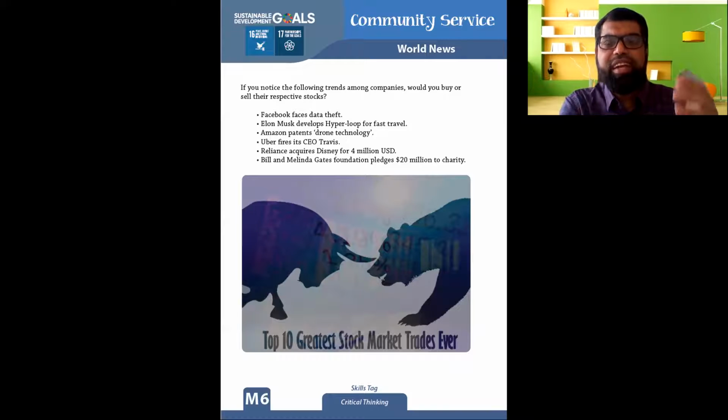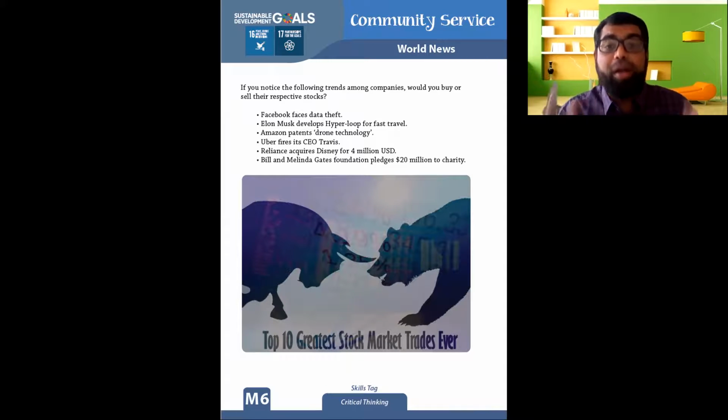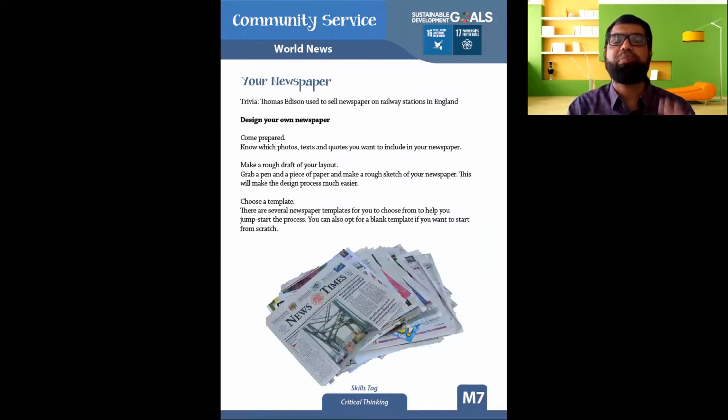So this is it. When Elon Musk tweets, the stock markets go up and down. What happens? Or Uber had a problem with the CEO. When he was fired, the Uber stock went down. Or when Reliance acquired Disney for $4 million, the entire stock of the organization went up. What happens? When a company gives a charity, you understand the stock market the way you understand. And finally, on the